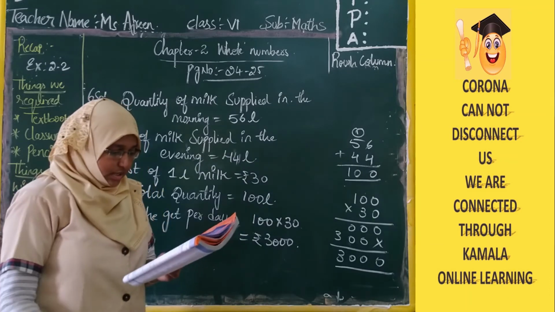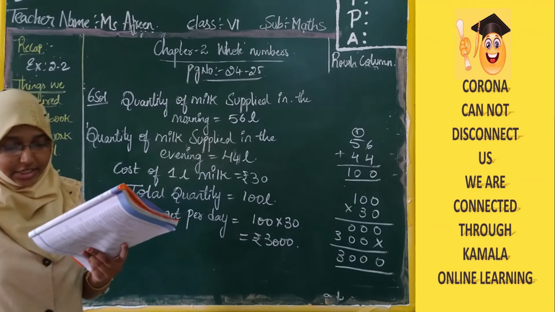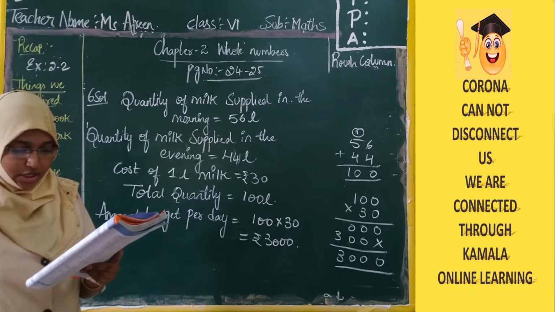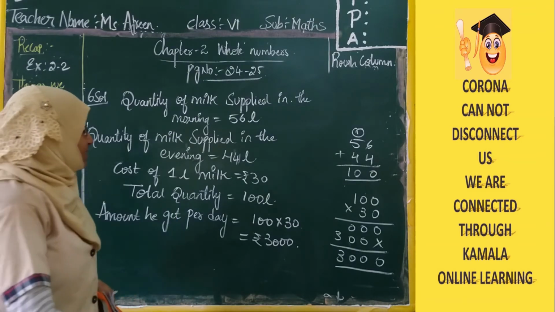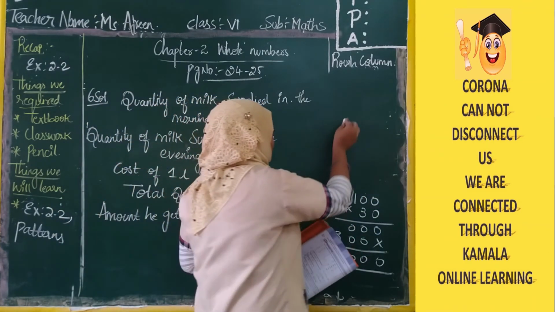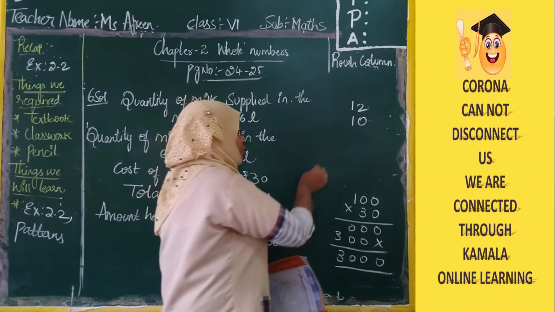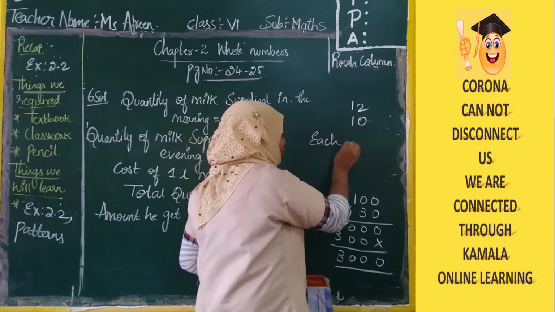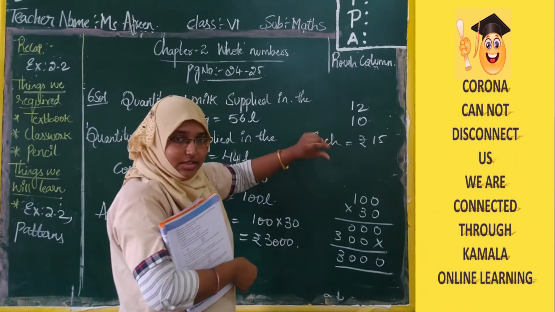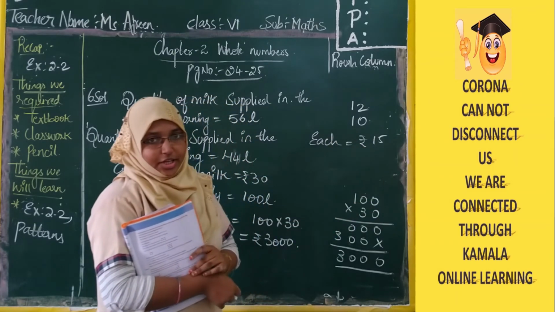So the next one, 7th one. Chandana and Venu purchased 12 notebooks and 10 notebooks respectively. The cost of each notebook is rupees 15. Then how much amount they should pay to the shopkeeper? I'll just give you the hint. We can do this, right? Chandana has purchased 12 notebooks whereas Venu has purchased 10 notebooks. Cost of each book is 15 rupees. First of all, total how many books they have bought, that is 12 plus 10 you add up, and whatever the answer you get, you will multiply with 15.